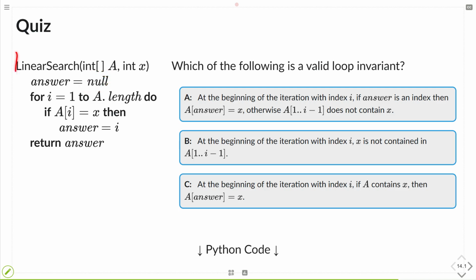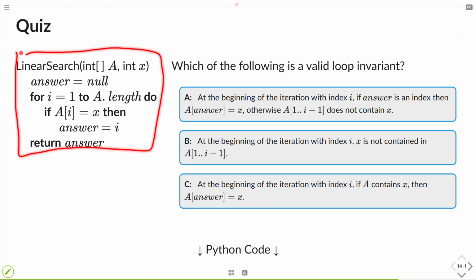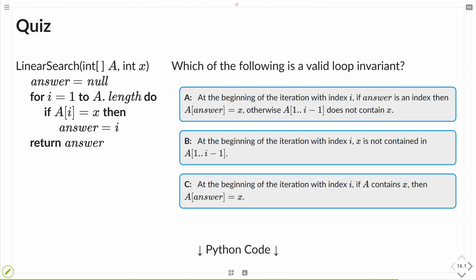Here is an algorithm, linear search, which should give me exactly that output. But to make sure, we should do a loop invariant proof. Now take your time, have a look at these loop invariants and decide which one works for a loop invariant proof. Okay, let me try. No, the first one directly is correct. So let's see what that was.